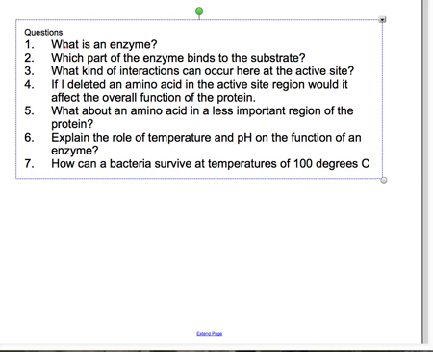What happens if you delete an amino acid on the active site region? Would it affect the overall function of the protein? What if I just swapped it for an amino acid that's very similar? Would that affect it? What happens if I deleted an amino acid in a less important region of that enzyme protein? Explain how temperature and pH affect the function of an enzyme. And how can a bacteria live at a temperature of 100 degrees Celsius when